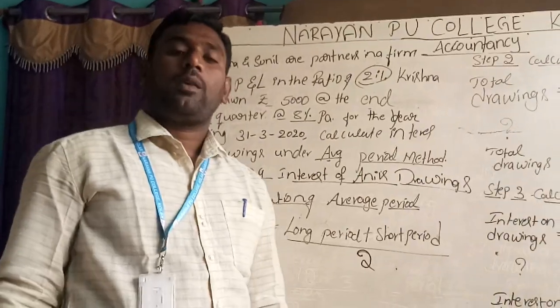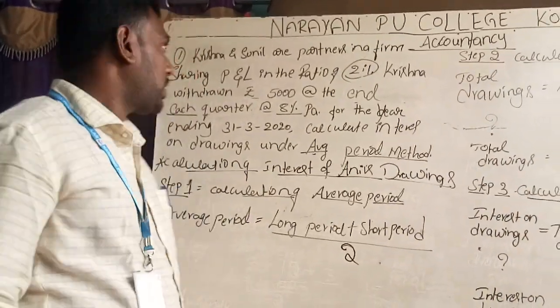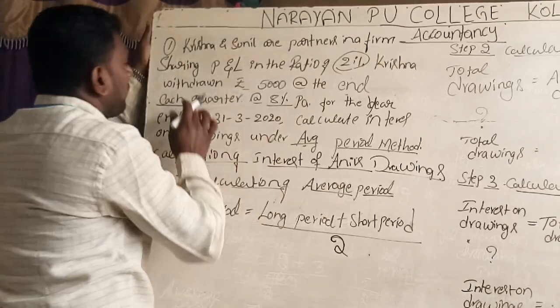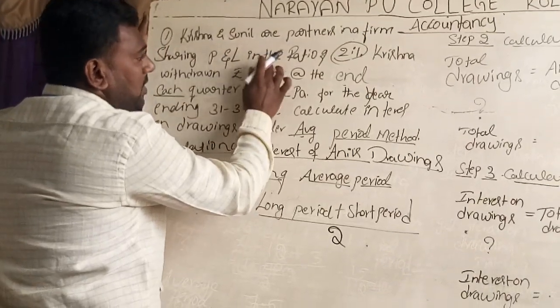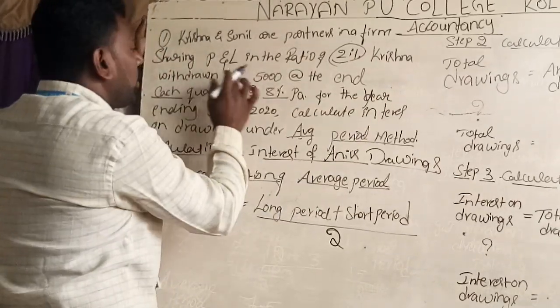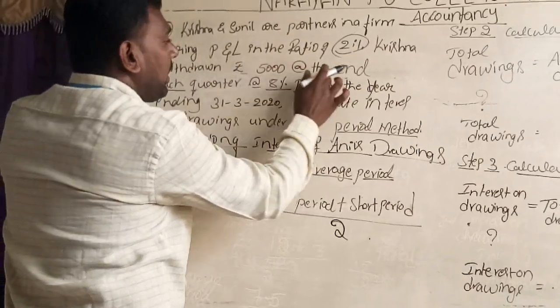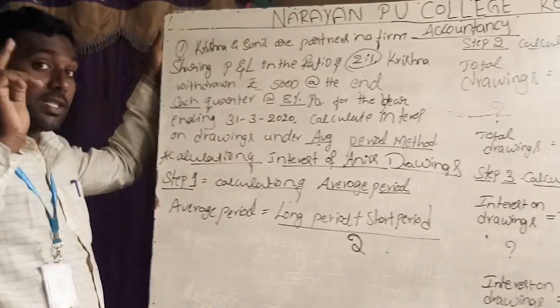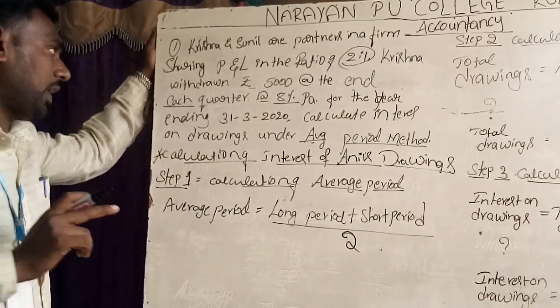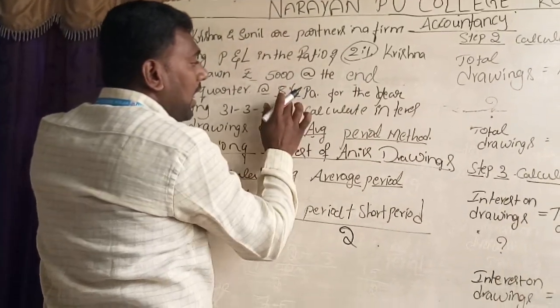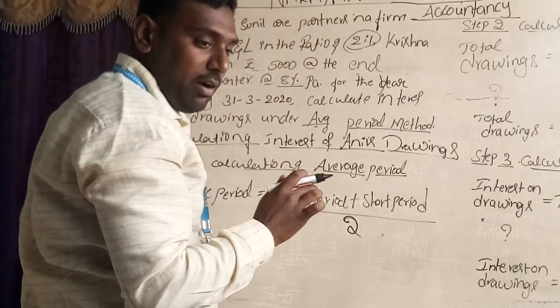Come to, we have to discuss one more question. Krishna and Sunil are partners in a firm sharing profit and losses in the ratio of 2:1. Krishna withdrew rupees 5,000 at the end of each quarter. In the last class they were given beginning of each quarter. In this question they are given end of each quarter at the rate of